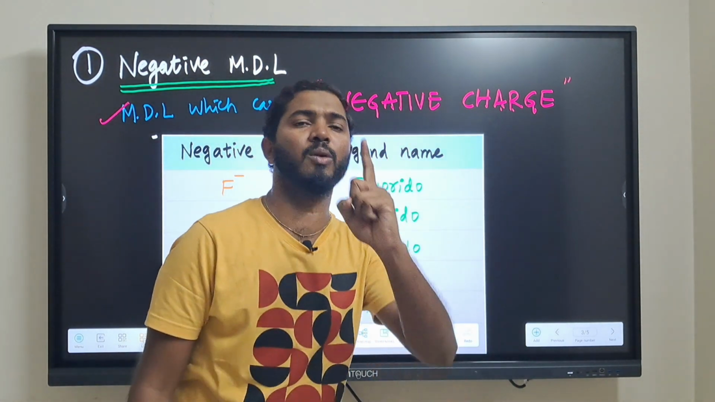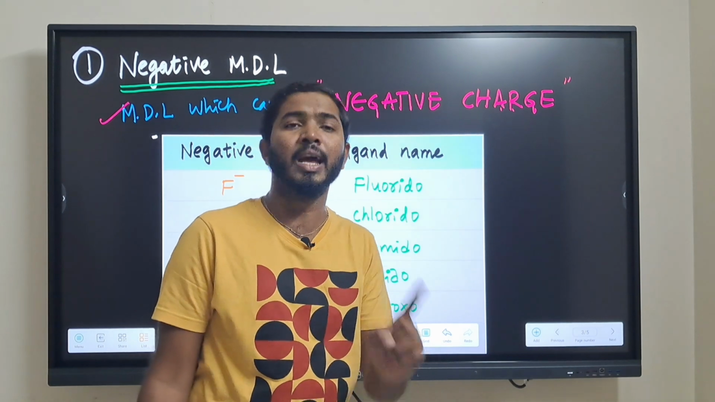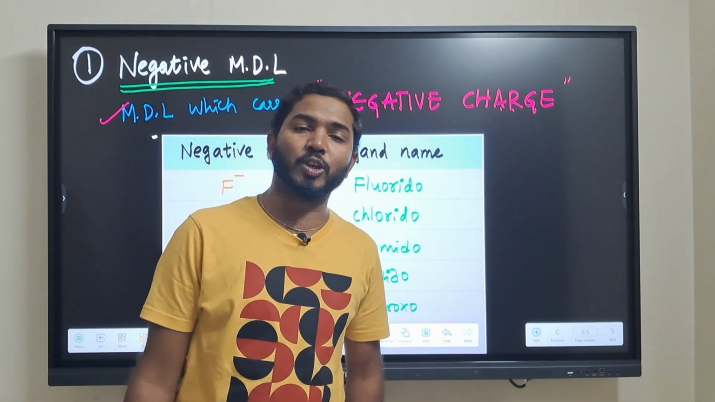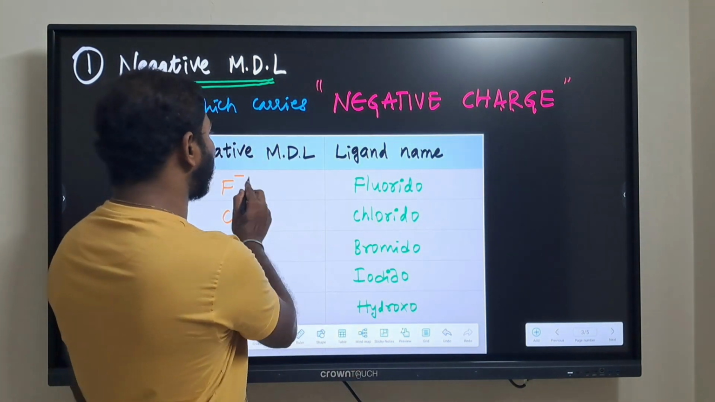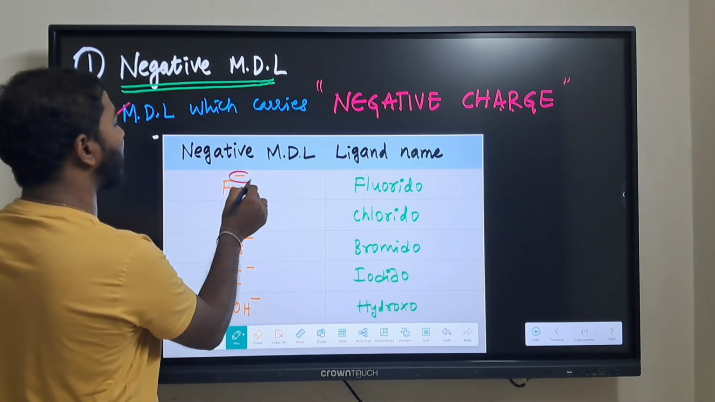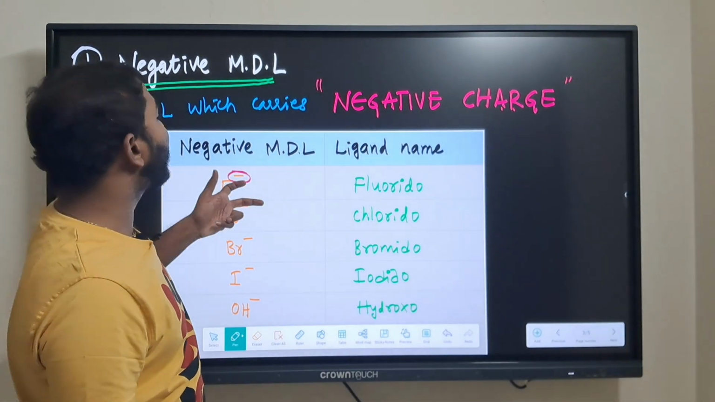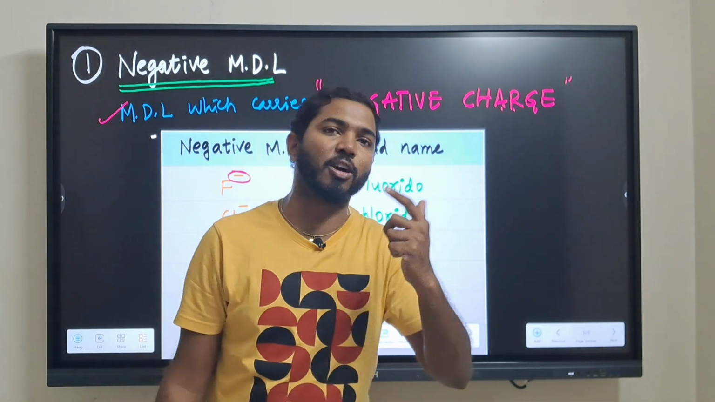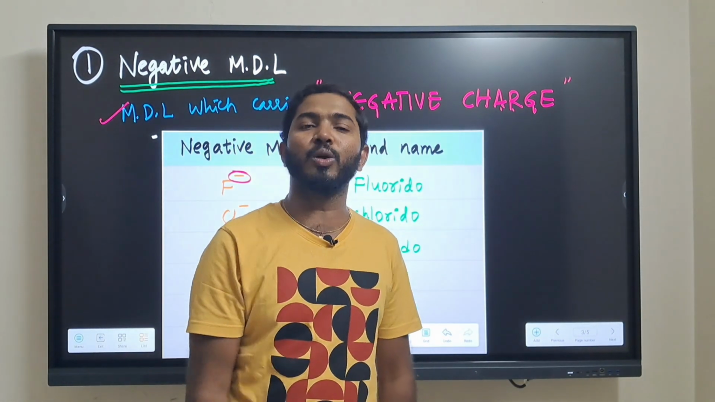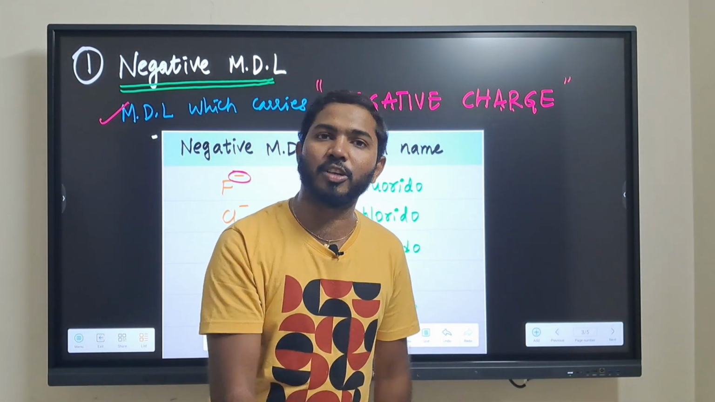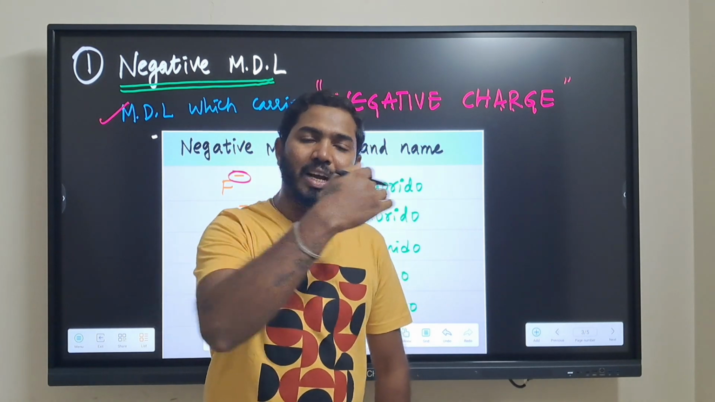They are going to donate only one lone pair for the dative bond formation, but they are going to carry a negative charge. And these charges, very important, are going to help us in the calculation of oxidation numbers. In the next video we are going to see